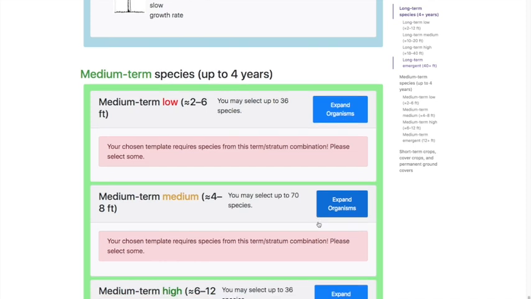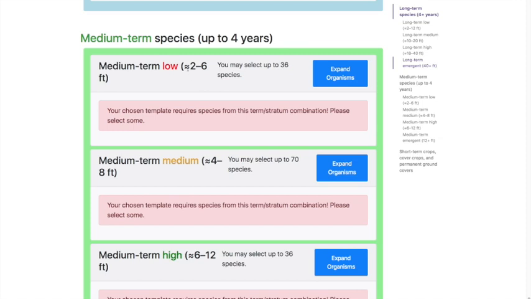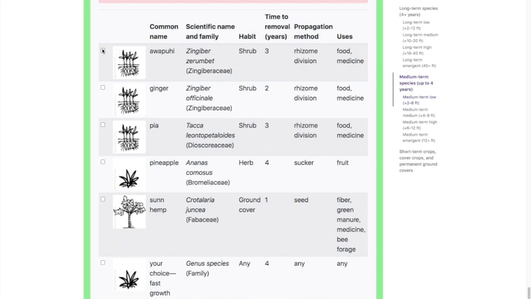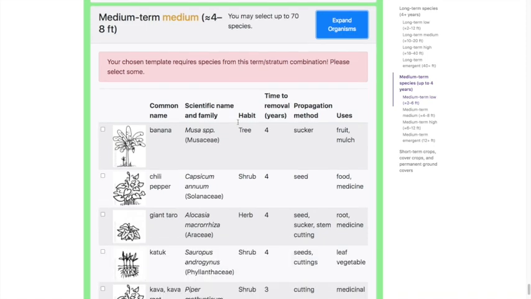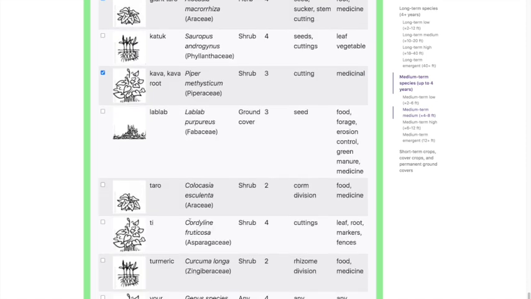So now we're to the medium-term species. These are the species that live up to 4 years. And again, you have the height range for each one and the total number of individuals available. And I'm going to go ahead and pick some of these root crops. That looks pretty good. And I'm going to add giant taro and kava.